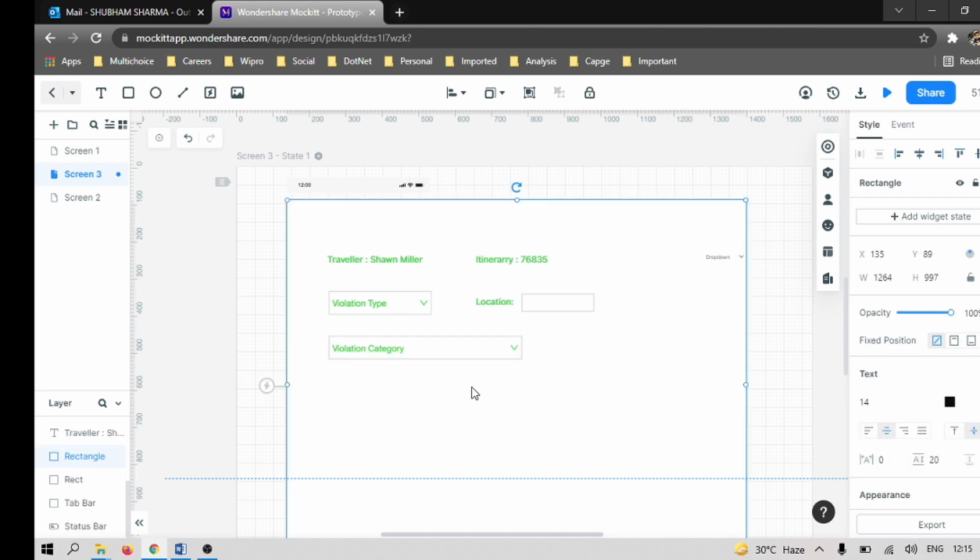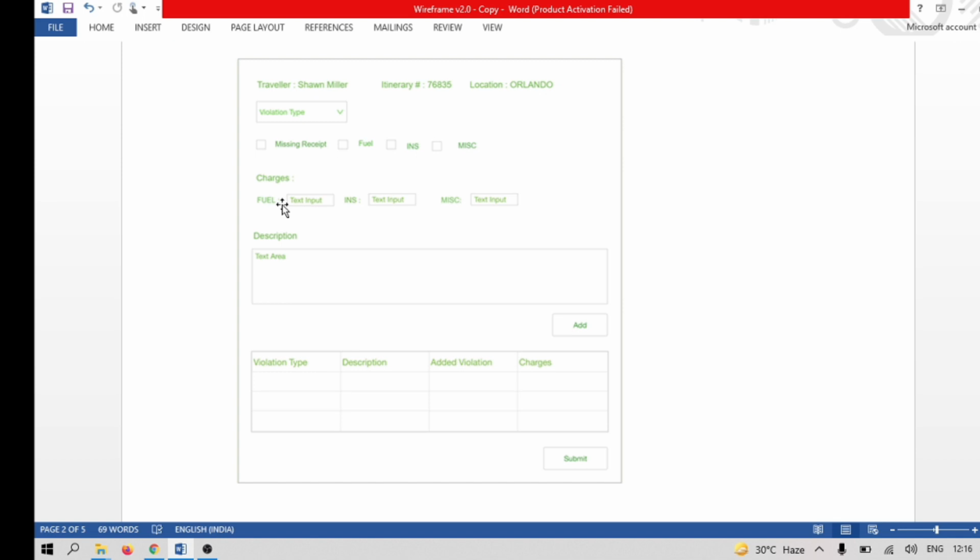Okay, so here we can select a different category. Okay, this will look like this.